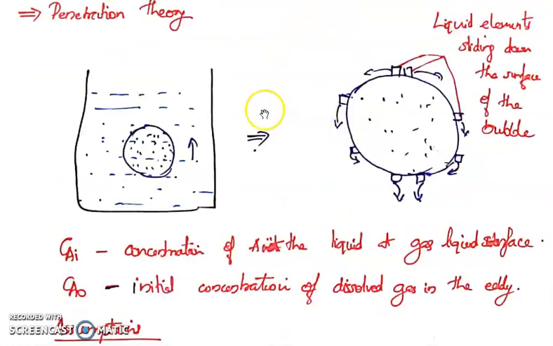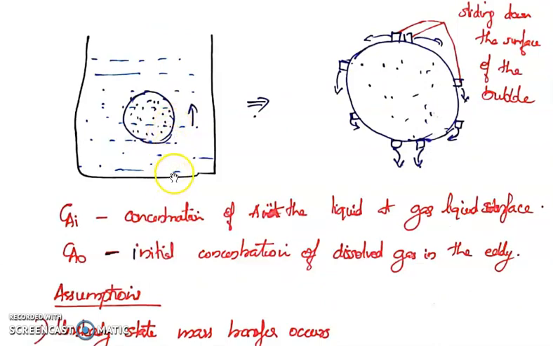That means at any time when the bubble is at a location Z equal to 0, that is whenever the bubble is at the bottom of the container, the value of concentration of A at the interface is equal to Cai, because from the bottom the bubble is moving upwards, and as the bubble moves upwards the molecules are diffusing into the liquid. So this assumption is irrespective of the time: when the bubble is at the bottom, at Z equal to 0, the concentration of A at the interface is Cai.